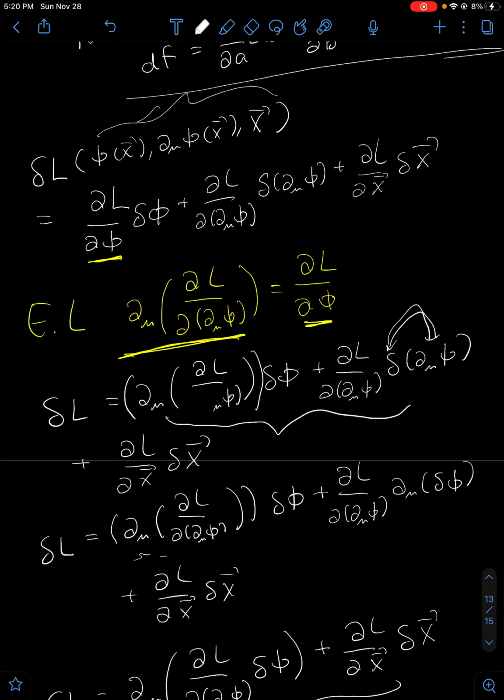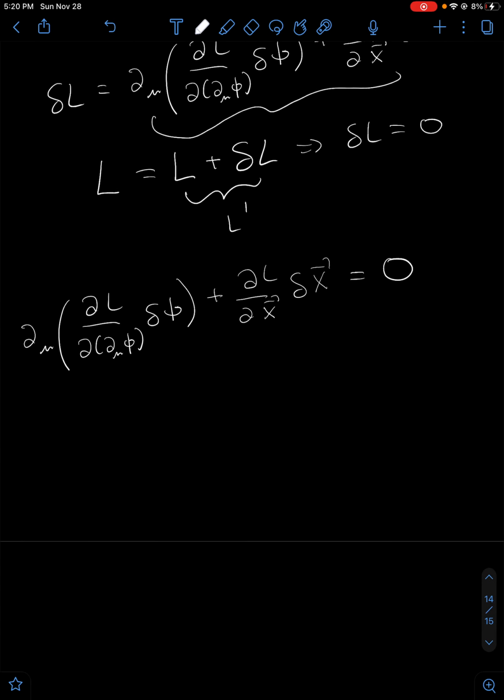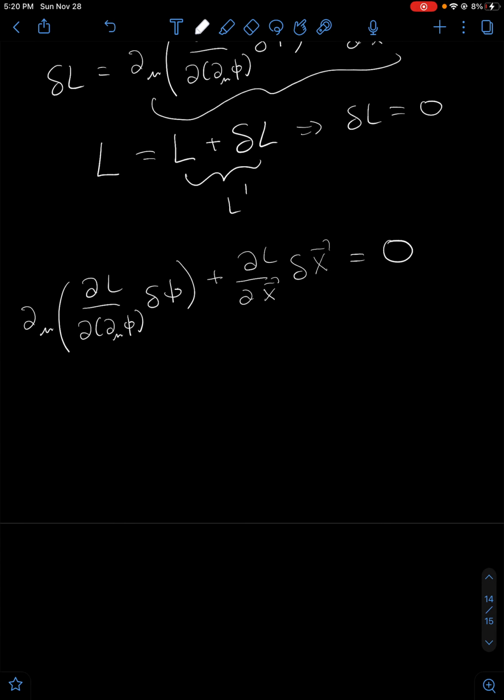So for those that might be lost, or those that want further clarification, let me just explain what we've done so far. We basically just said that if the translation x to x plus delta x leaves the Lagrangian unchanged,